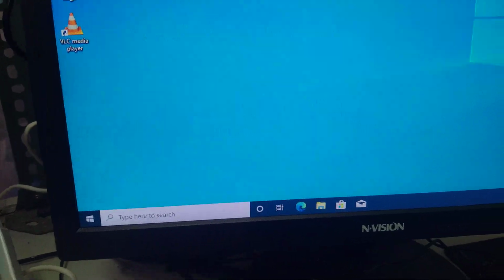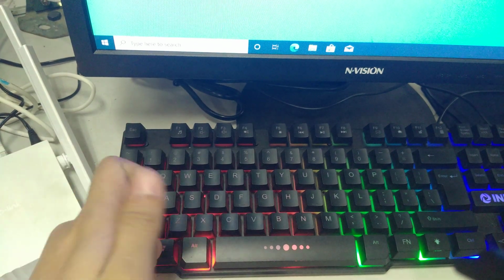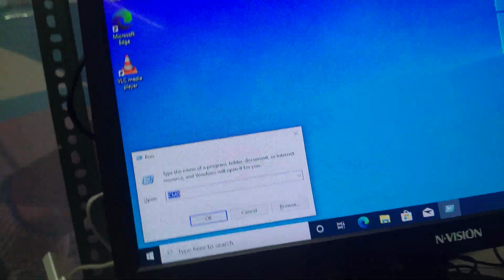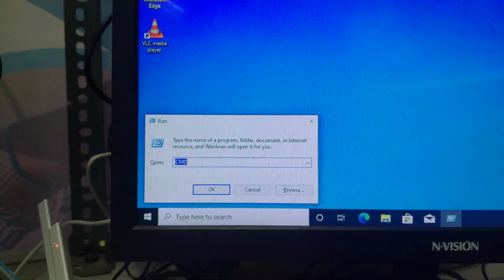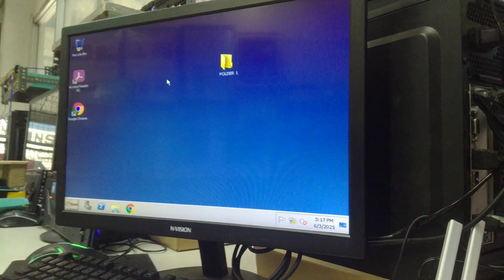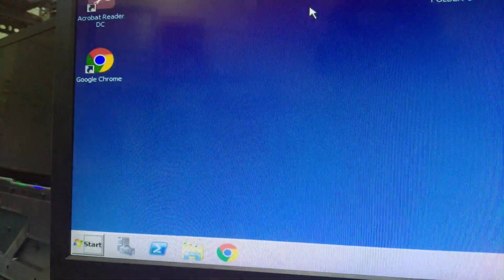Now we go to our client to access the folder. To access the folder that has been created on our server from our desktop or client PC, on your keyboard you need to hold the Windows key and press R. Then there will be a Run window, which we call Windows Run. In this portion, we need to write the IP address of the PC that we want to access its folder. Since we forgot which IP address is the server, all you need to do is press Windows R on your keyboard and then open